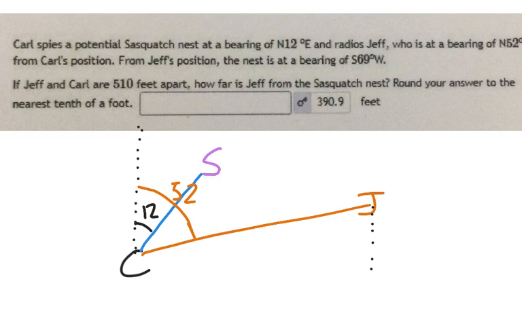Can I take my test right now? Some of the